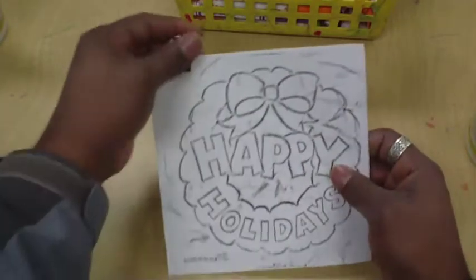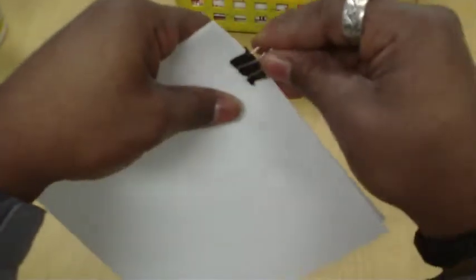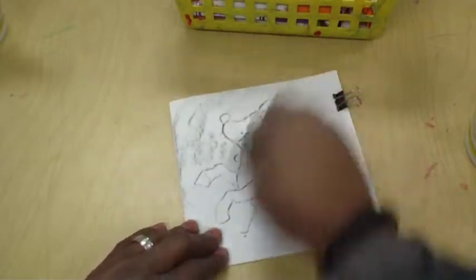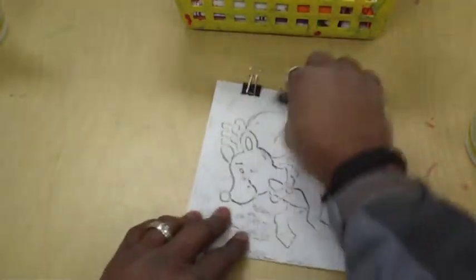Wasn't that easy? Alright, now if you wanted to, you have another side with nothing on it. If you wanted to, you can grab a second one, put on that side, go ahead and clip it down, get that black crayon again, and I guess I'll do Rudolph on this side here. Very fast, very quick,